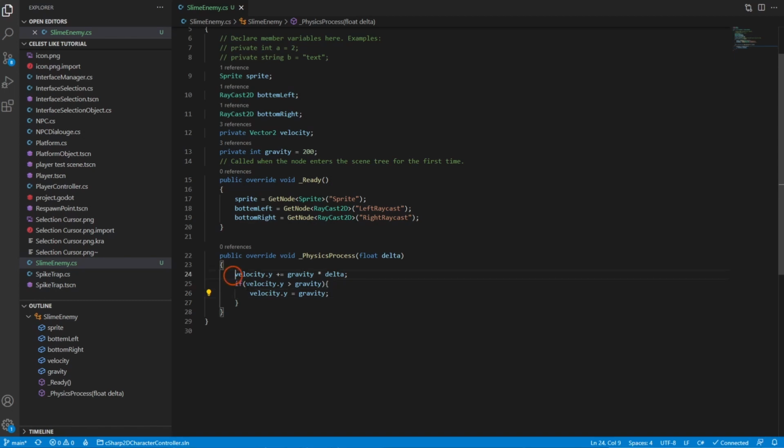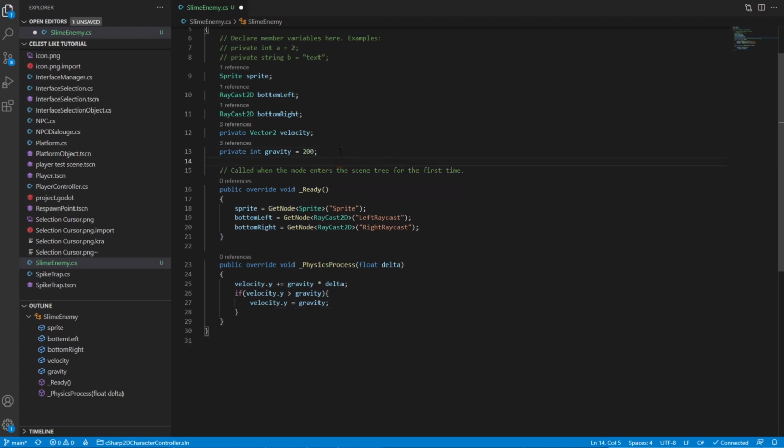So basically, this is just creating velocity for the character. So the character can just fall and then it'll land on an object and stay grounded to that object. Now, what we can do is go ahead and move our character to the right. So I'm going to come up here and give it a speed parameter.